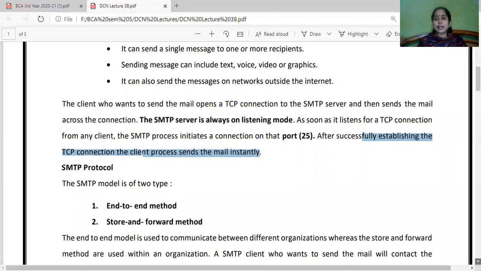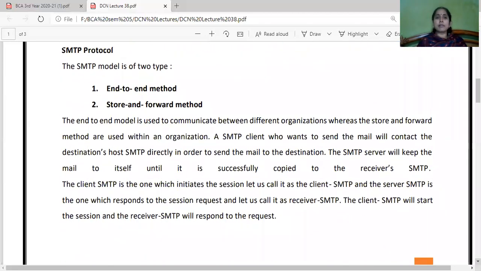Now when we say SMTP protocol, basically the SMTP protocol model works on two methods. One is the end-to-end method and one is the store and forward method. End-to-end model is used to communicate between different organizations, okay, whereas store and forward methods are used within an organization. A SMTP client who wants to send the mail will contact the destination host SMTP directly in order to send that mail.